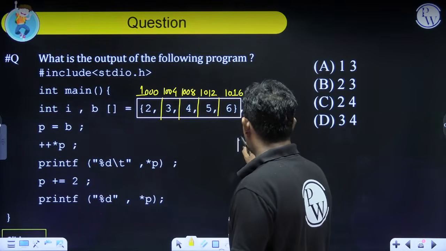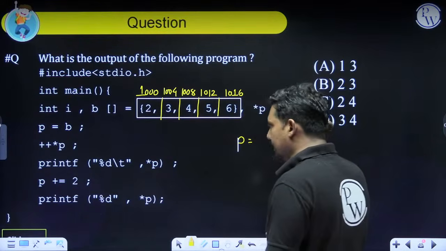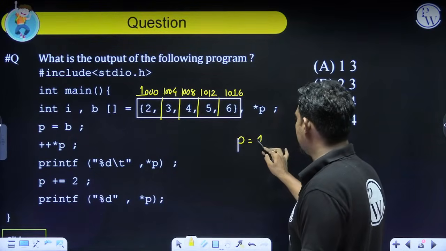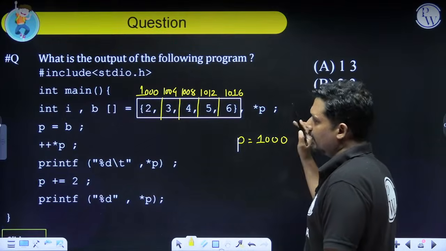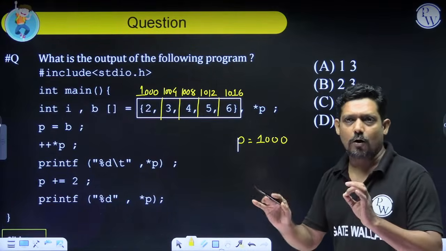Let's say P is equal to B. B is the base address. I have taken the value 1000. Now, what is the meaning of